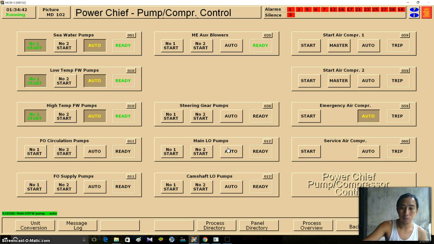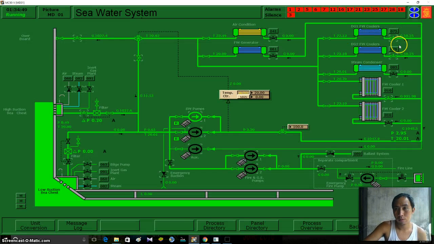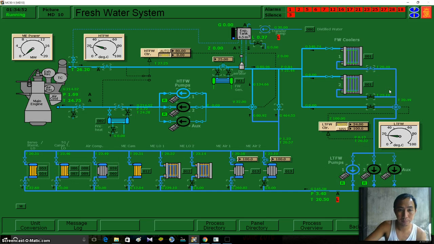Okay, so let's go back to our cooling system. So home and our cooler. So it's running. So it is set to auto. Let's put our controller to automatic. So it's okay. We have low temperature because we don't have steam yet. So just acknowledge it and stop the alarm.